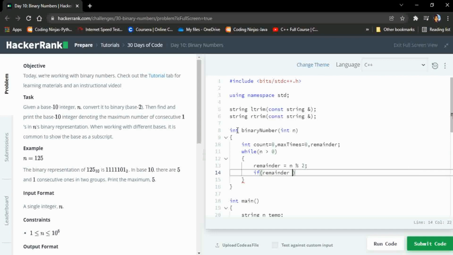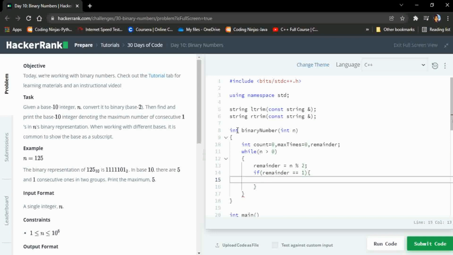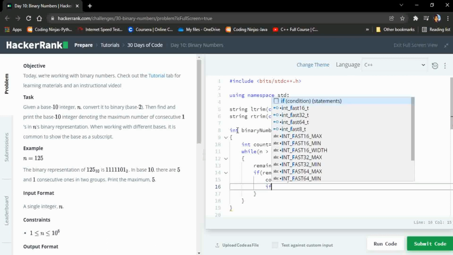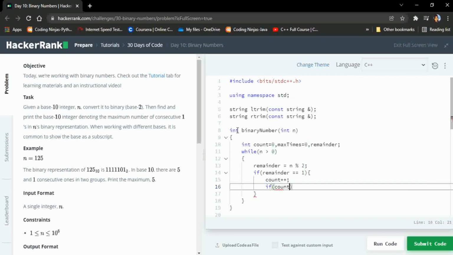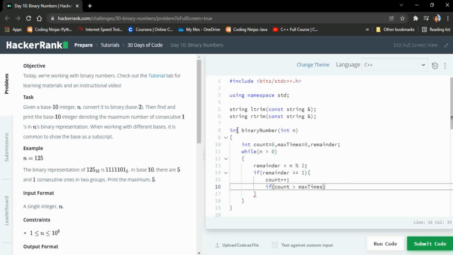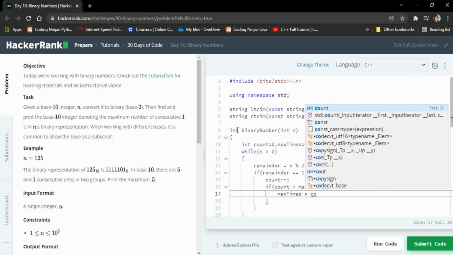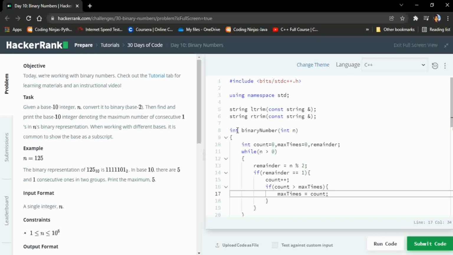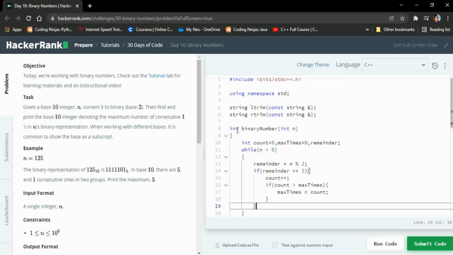Then, if remainder equals 1, we increment count by 1, as it was initialized to 0 before. After incrementing count, we check if count is greater than max times, and if so, max times equals count.